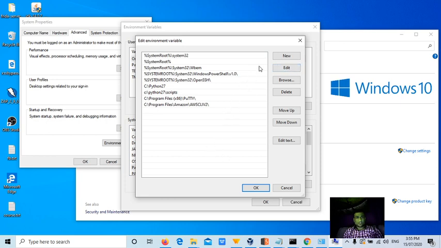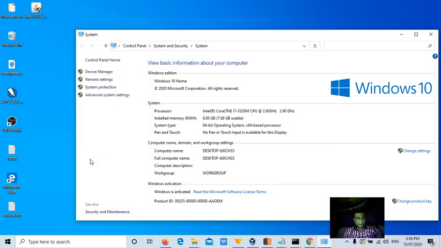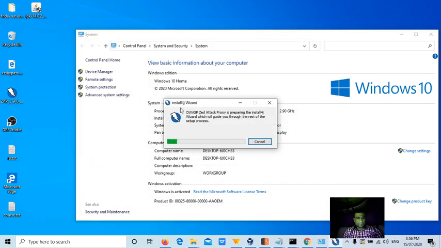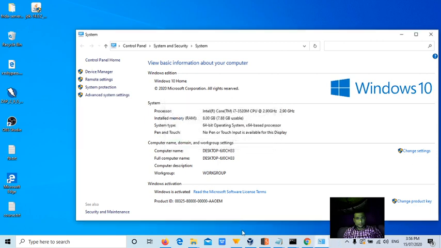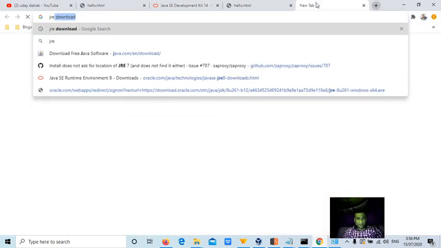So JDK is installed. I'm not sure we can fix the issues using this approach. Let me copy. Okay. Could not find the Java runtime environment. Okay, let me download the JRE file, guys.